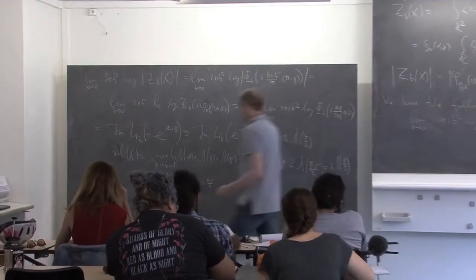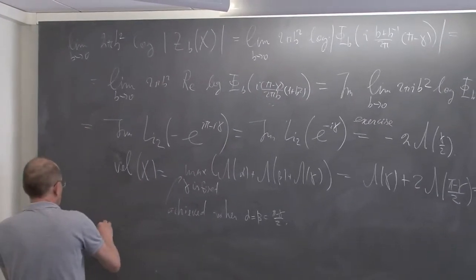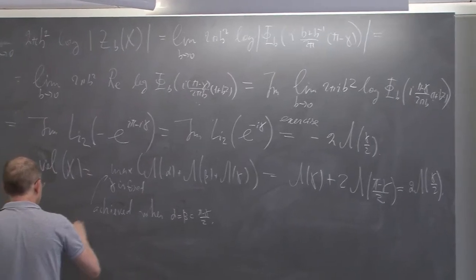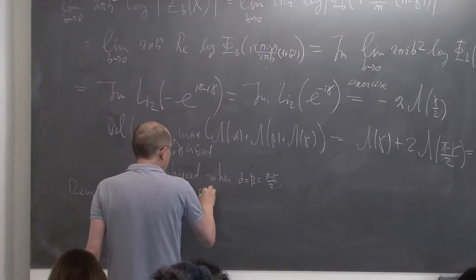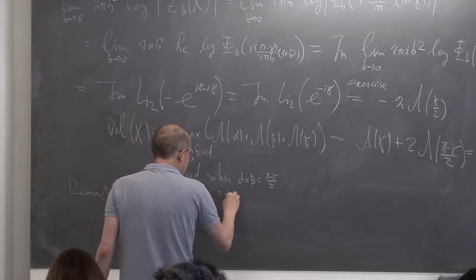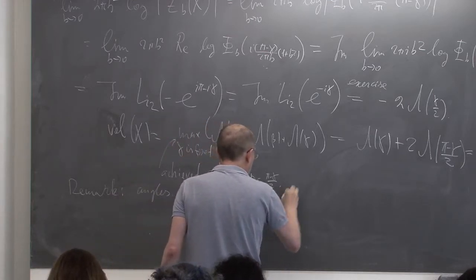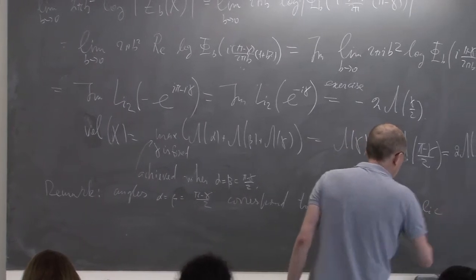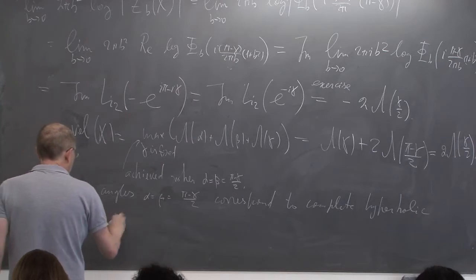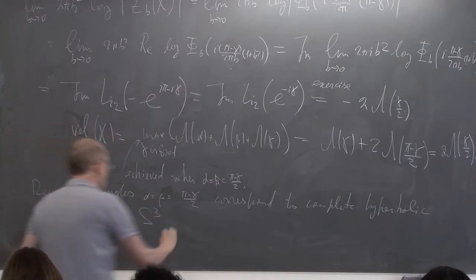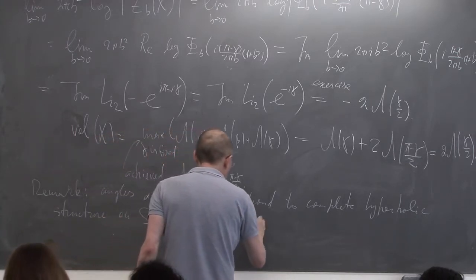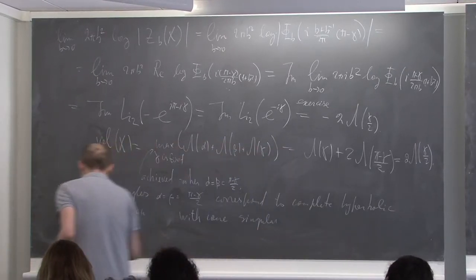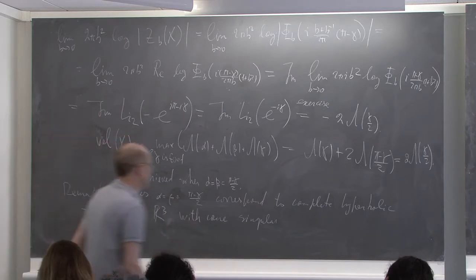And so you can remark that the angles alpha equals beta equals (pi minus gamma) over 2 correspond to a complete hyperbolic structure on S3 with cone singularities. Okay, maybe I should take not S3 but R3 with cone singularities